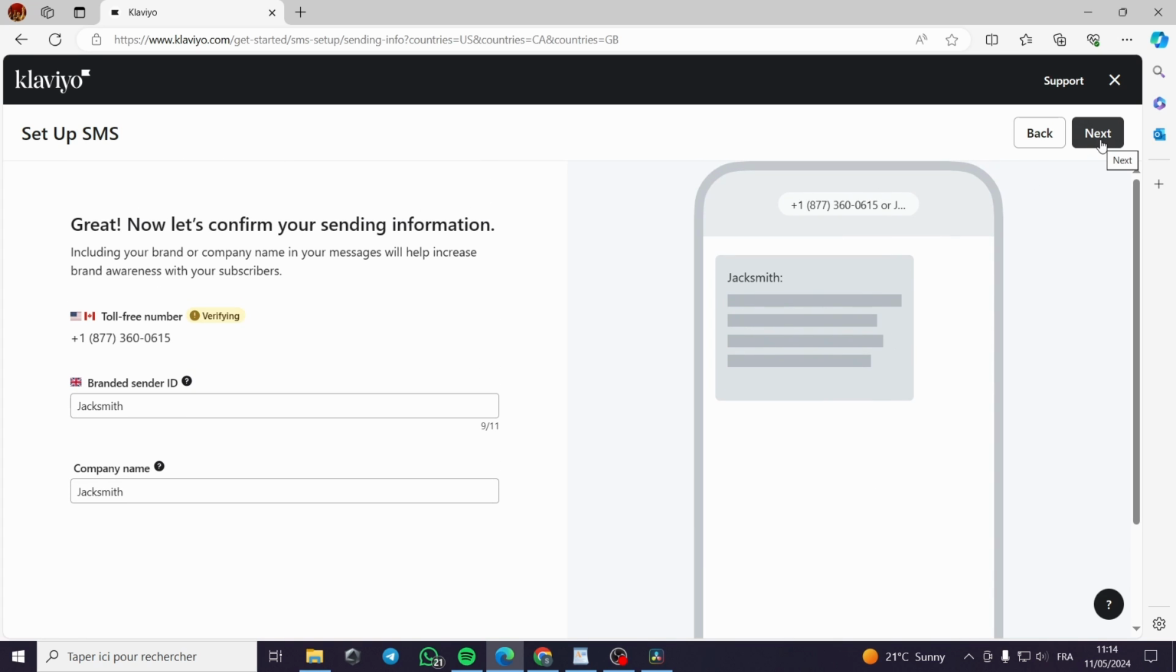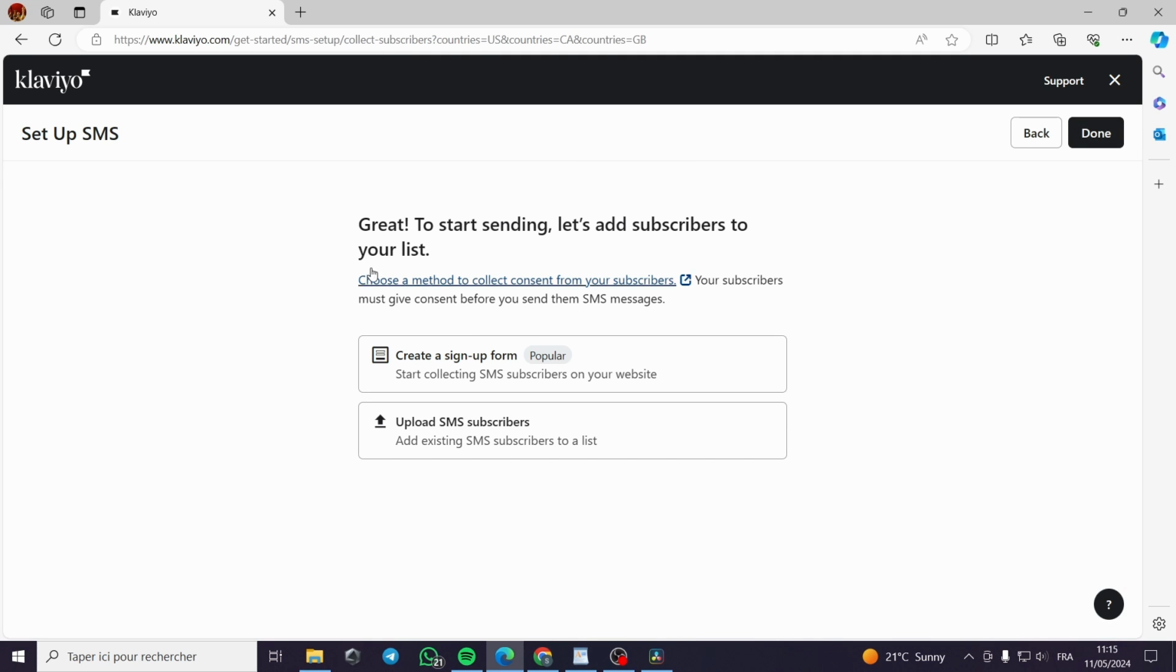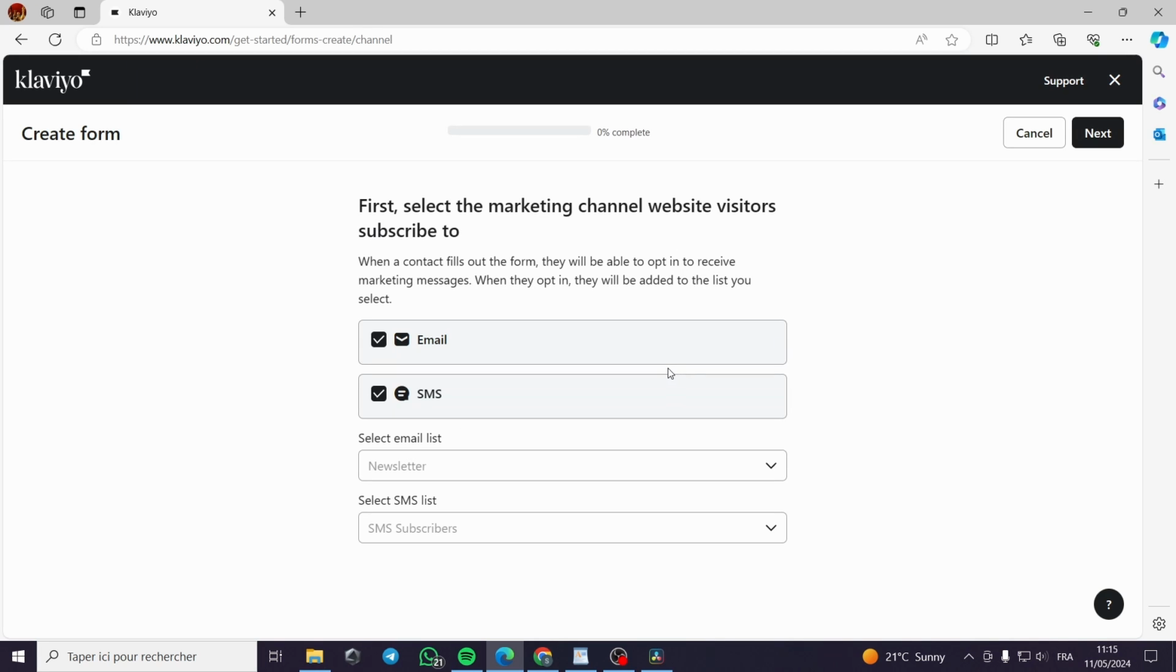Now, after you have finished this step, you go with next, and here, great to start sending. Let's add subscribers to your list. Here, if you have a list of subscribers which have phone numbers and names, you can upload the SMS subscribers exactly from your PC. If you don't have one, you can create a sign up form, which is very popular. Start collecting SMS subscribers on your website. You click on it and you choose the